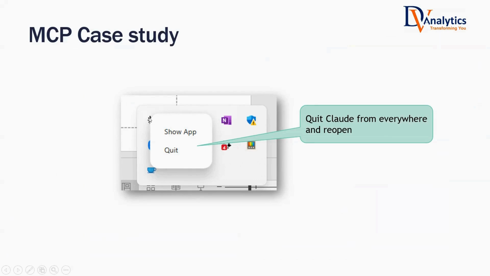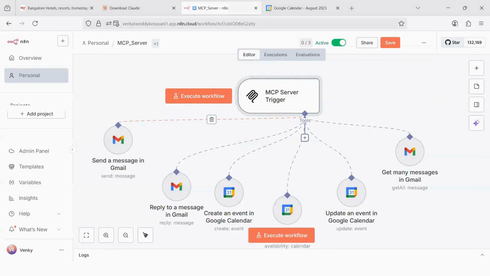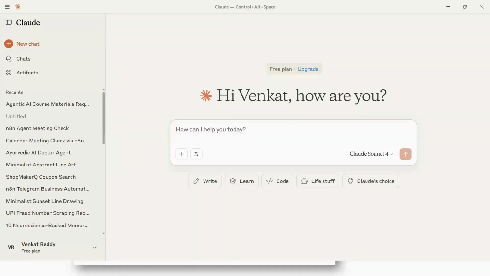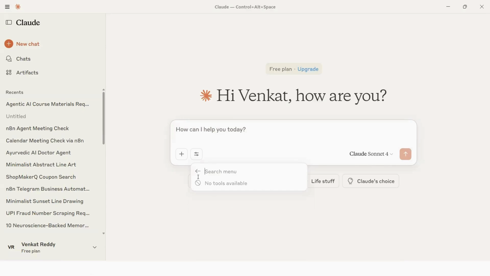Claude will be opening up here as well. That also you need to quit. After that, I will open my Claude freshly. I have quit it completely. Now I'm opening my Claude. Now I must be able to see all my 6 tools within an n8n agent. An n8n agent, if I keep it on,